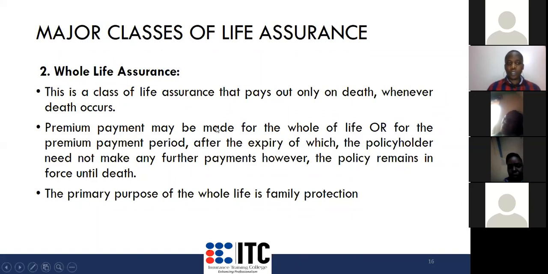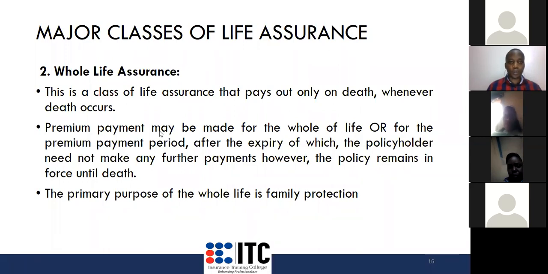And we majorly look at periods in terms of premium payment. So premium payment may be made for the whole of the life or for the premium payment period. And after this period expires, the policyholder need not make any further payments. And as a result, the policy may remain in force